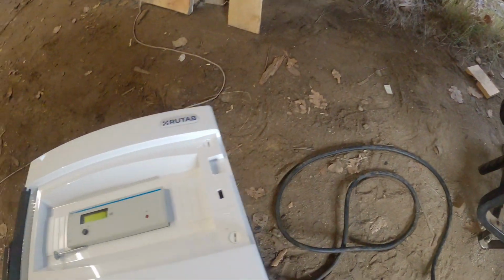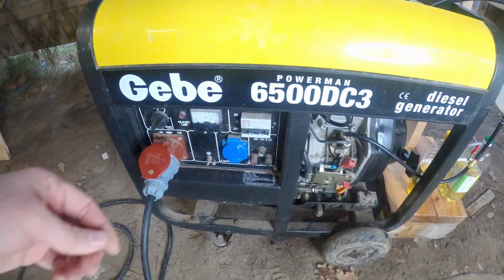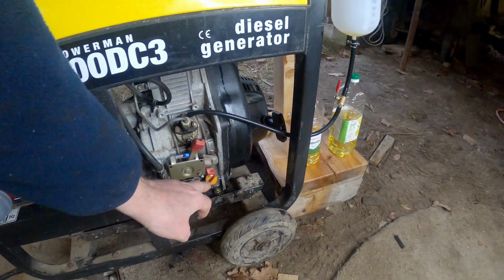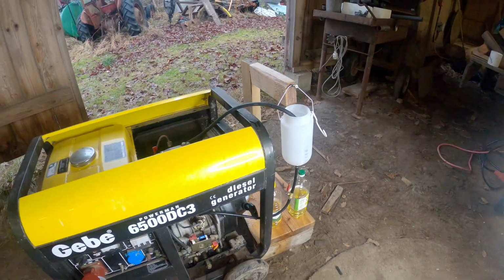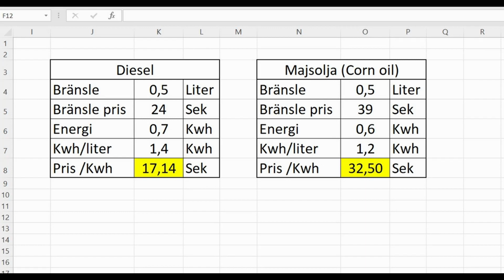Now the fuel is almost finished. I got 0.7 kilowatt hours on the 0.5 liters. So I turn off the power and turn off the engine. So in this test I got...